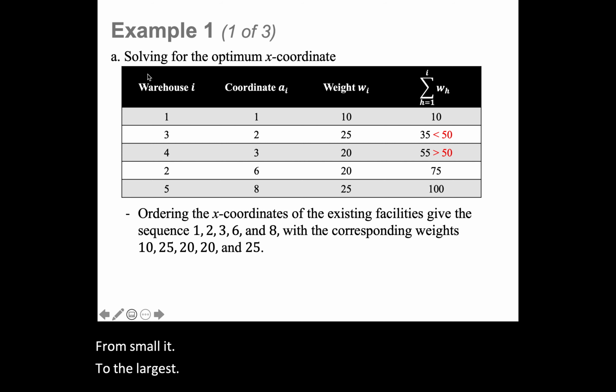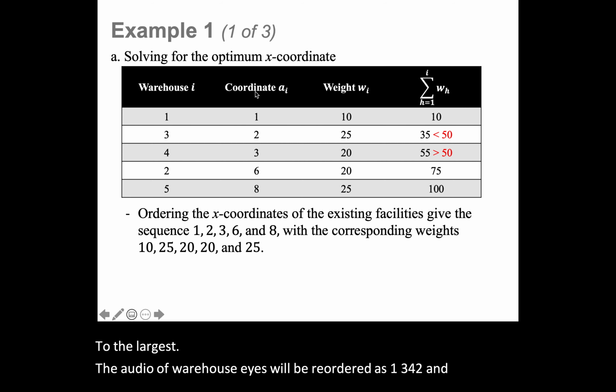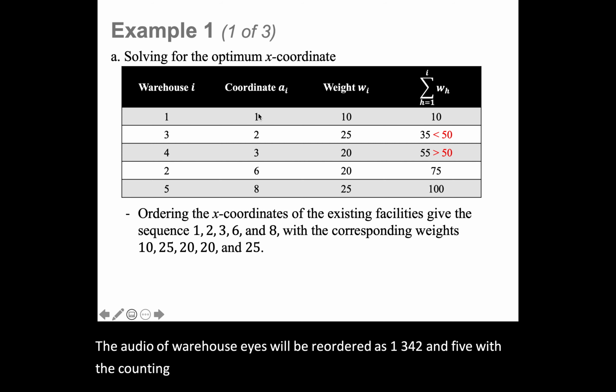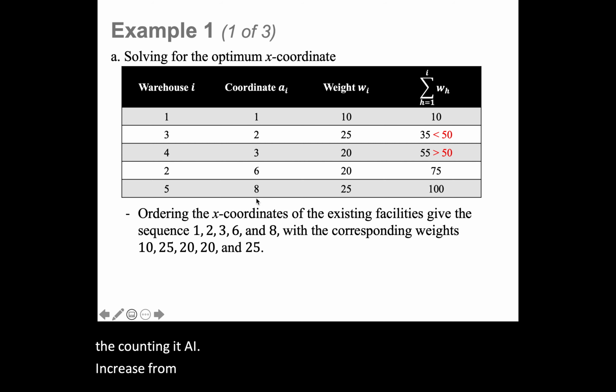So here, the order of warehouse i's will be reordered as 1, 3, 4, 2, and 5, with the coordinate ai increasing from 1 to 8. And we also have the weight wi reordered accordingly. So after that,